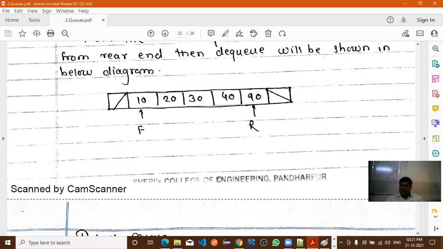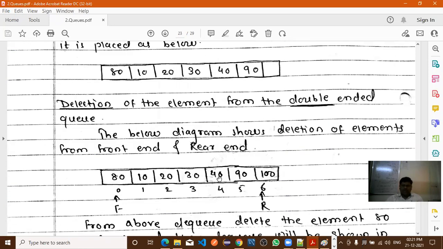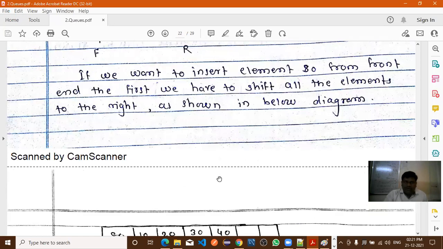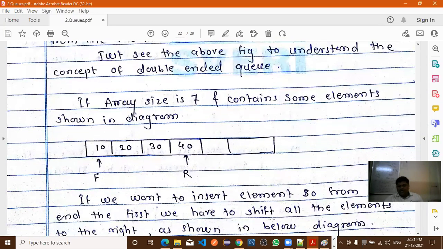Now here unit number 3 is completed, except the implementation of circular queue. That implementation part we will cover at the time of the practical session or whenever we get the time. Is there any question related to the queue?